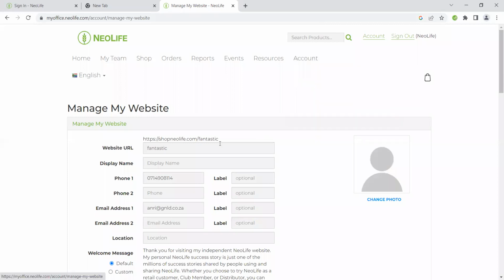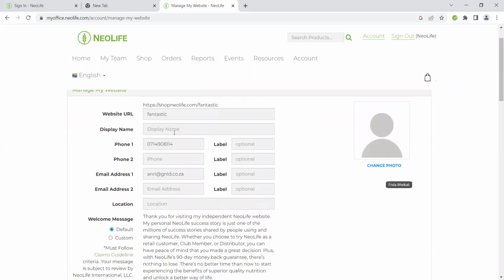You can also come here, select manage my website, and then put in your phone number there. Put in your additional phone number. Put in your email address there. Change the display name to a name that you want people to be able to identify you with. It doesn't have to be the Neolife name. It can be